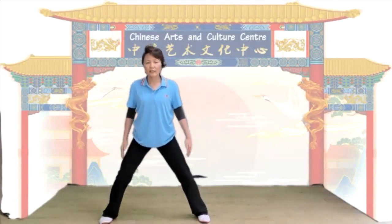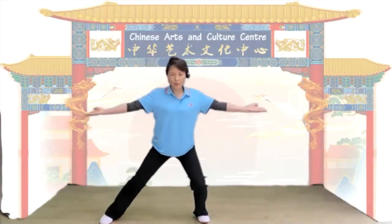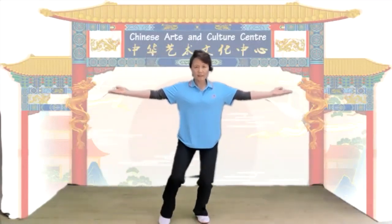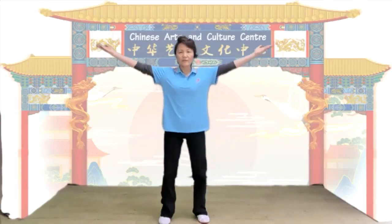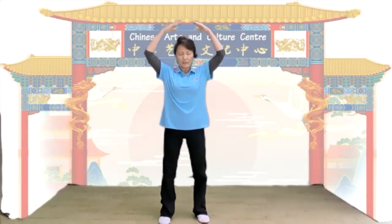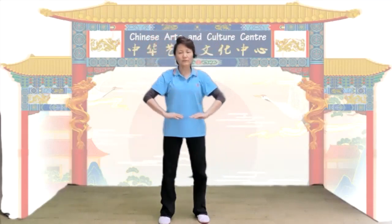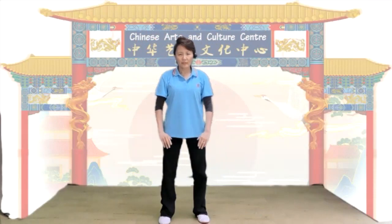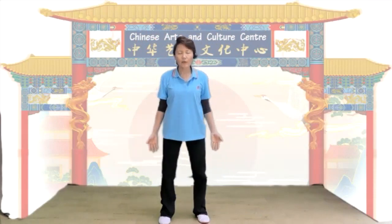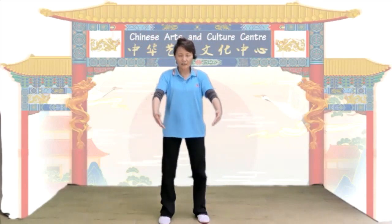Rise and gather your hands. Transfer your weight, taking that left foot in. Okay. Deep inhale, long smooth exhale. 引气归元, return qi, the energy back to the abdomen,